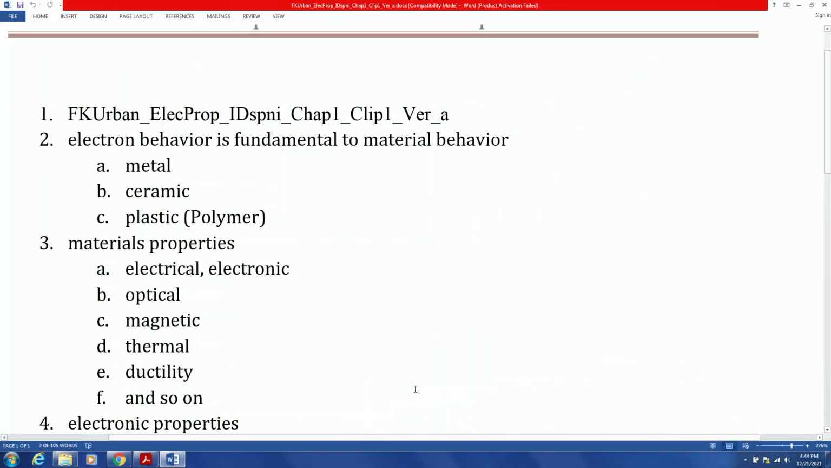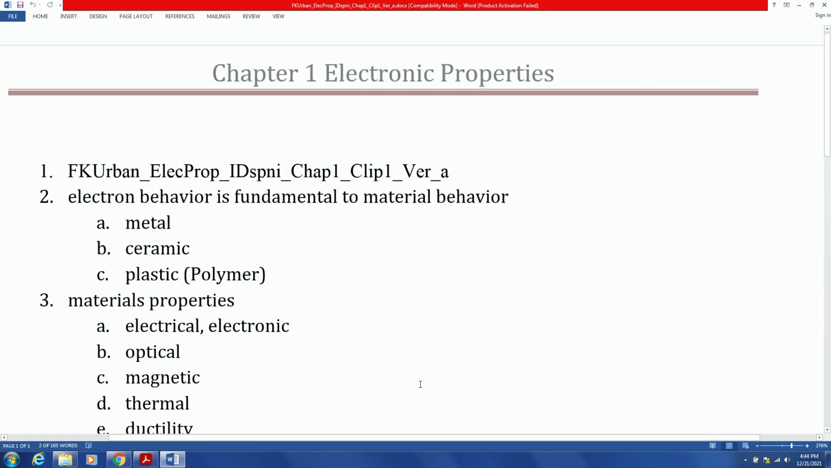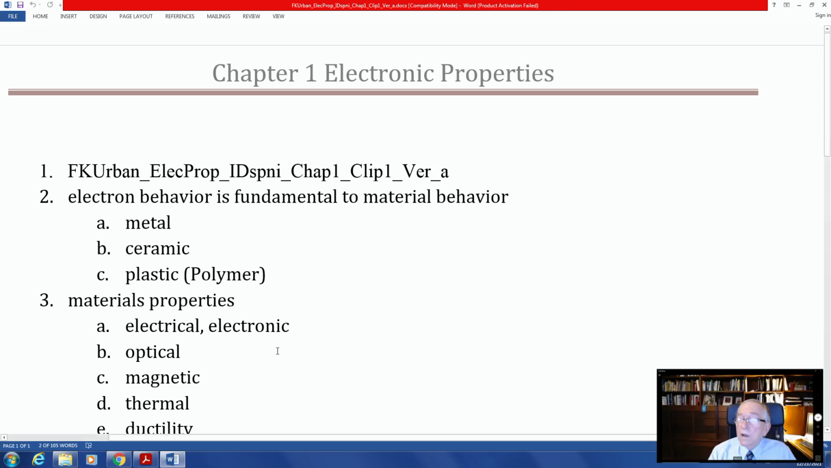And today our topic is going to be Chapter 1 in the video book, Electronic Properties. To get us started, I'll go through the outline here for the day, and I will put myself in the corner. So the first thing we'll talk about, this is the title of this particular talk, and then this number 2,